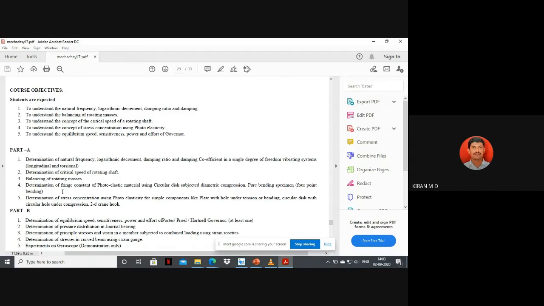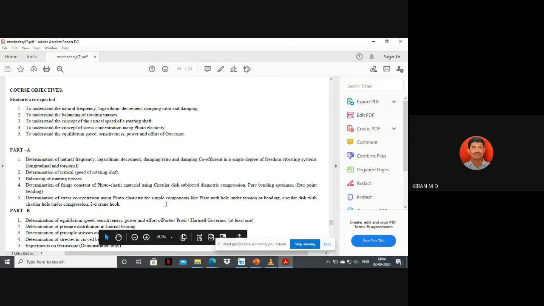But there, when you conduct the test, the material will fail. That means you break the specimen to get the values. But we all know that stress is a geometrical property, not a material property. So stress will vary by varying the geometry. Using that concept, we are going to use the photoelastic material to find out the stress for different types of materials.